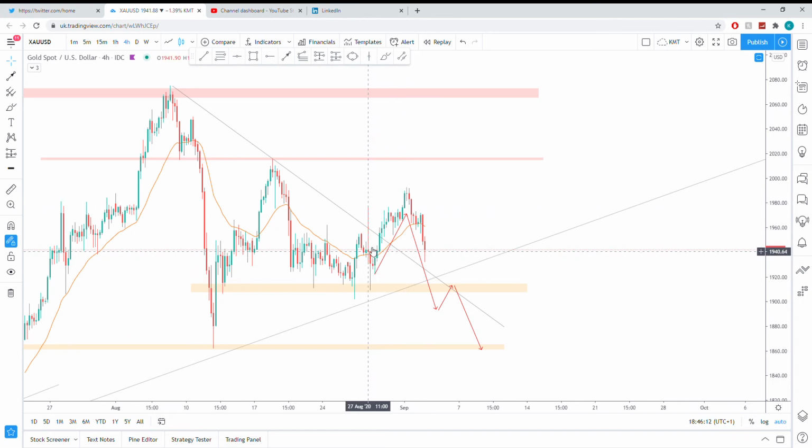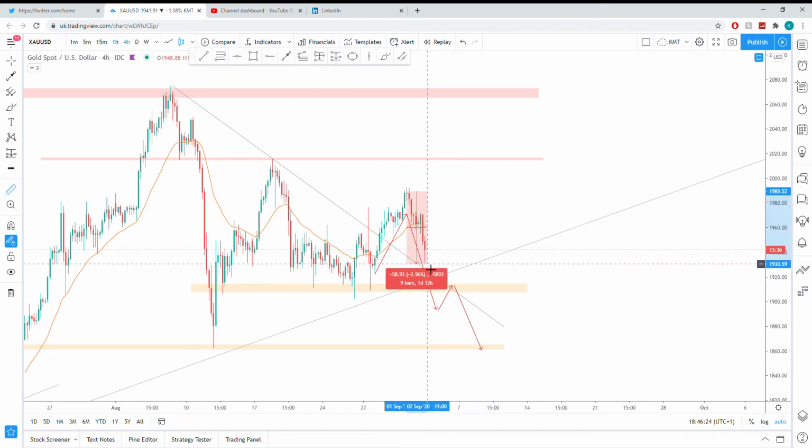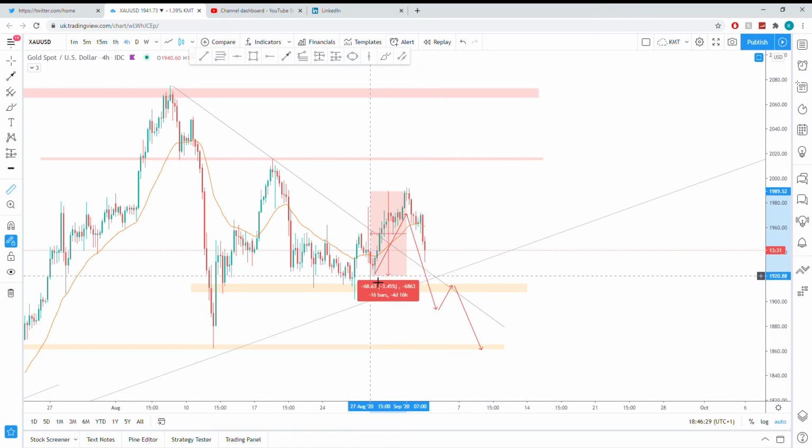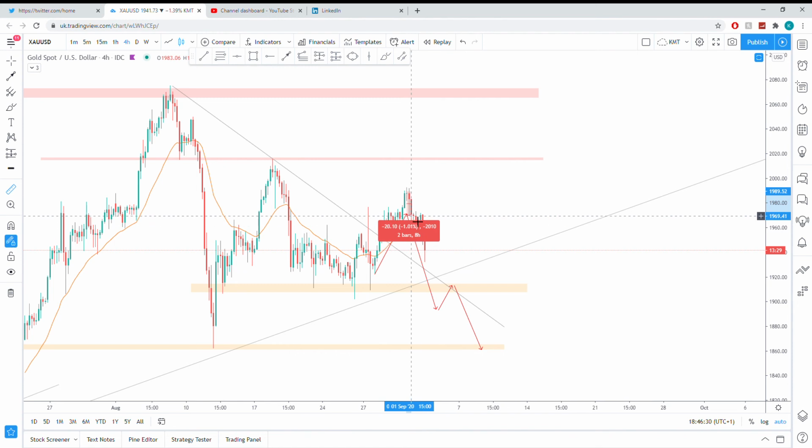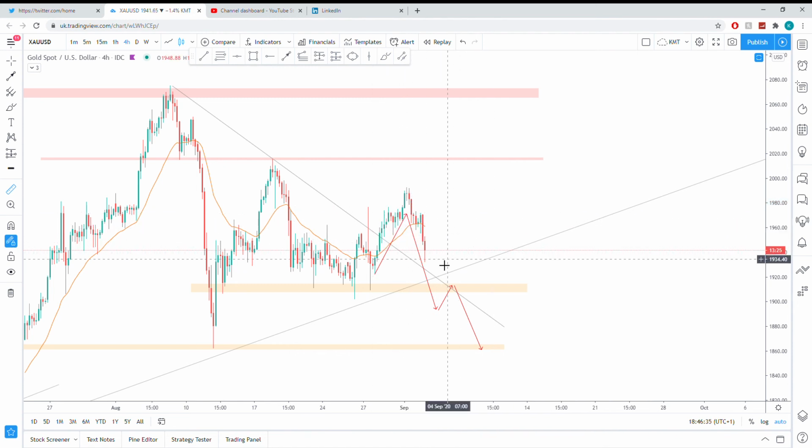We can see we've had a slow progression to the upside, followed by an immediate sell-off, and in relation to time, this took just over a day, and this move took over 4 days. So give or take the time perspective, we could see price moving sideways or consolidating here,